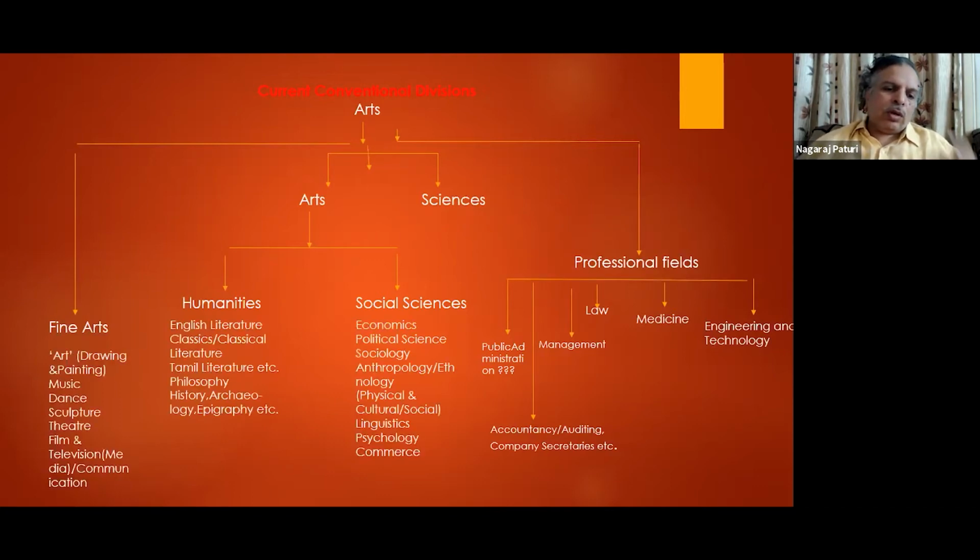If you come to this list, you're able to see that later to philosophy, you have history. If you talk to a history scholar, a history professor, a history teacher, he never agrees that he comes under non-sciences. He comes under sciences only according to him. But universities hardly put history under social sciences.